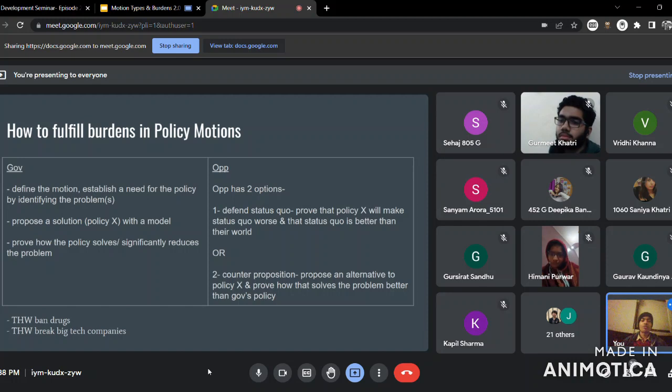How do you plan to break them? It's part of the model also, but you need to define what is big tech, and what you mean by breaking big tech and things like that. These are things that you need to define. This can be done in a very short time, but it's better if you at least do it in some manner. Now, what are the problems that happen with defining the debate?